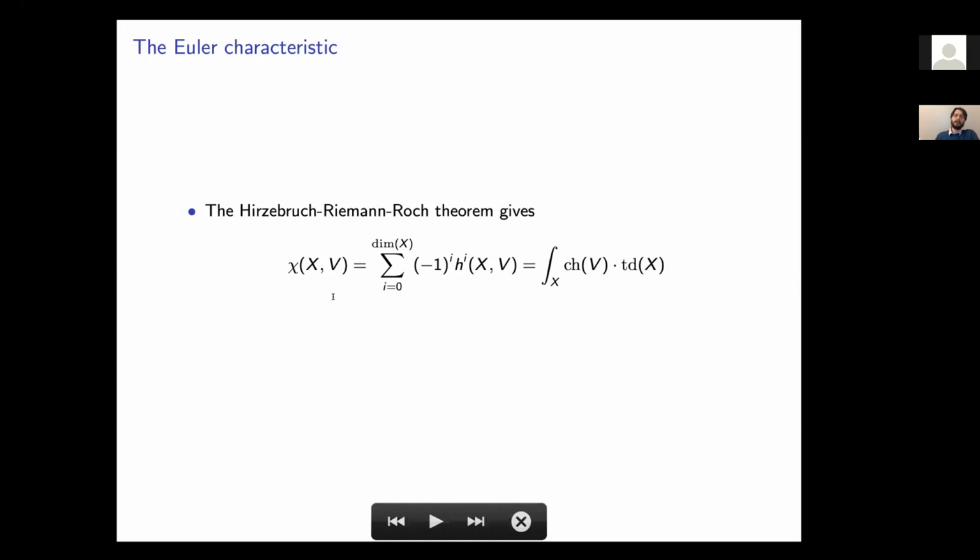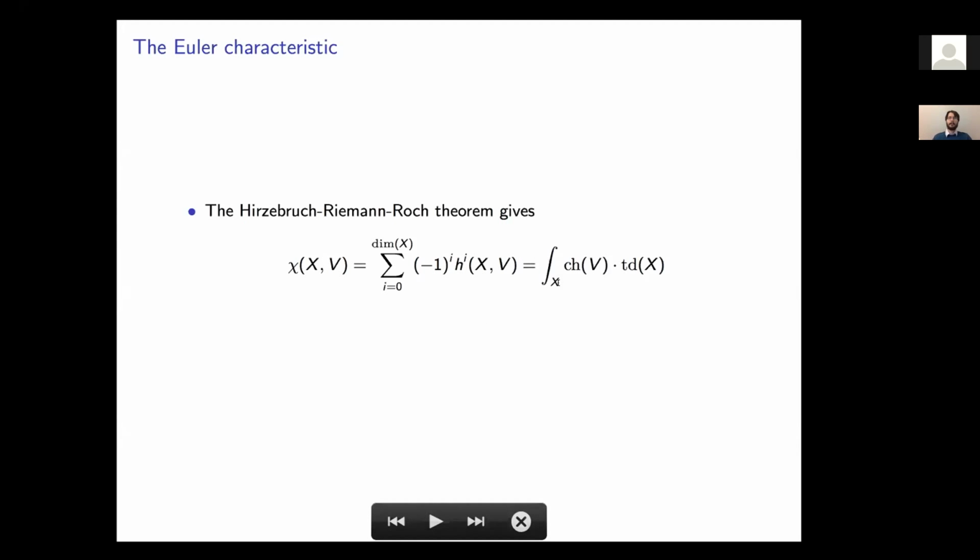And this is the Hirzebruch-Riemann-Roch theorem, or more generally, the Atiyah-Singer index theorem. And it's a deep result in mathematics. It relates something on the right-hand side, which is topological, to something, this quantity in the middle, which is analytic. So the dimensions of these cohomology groups are really the number of solutions to certain differential equations. So you compute something about a space of solutions to some difficult differential equations by just computing a